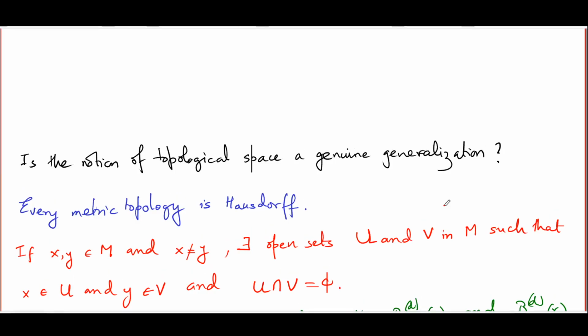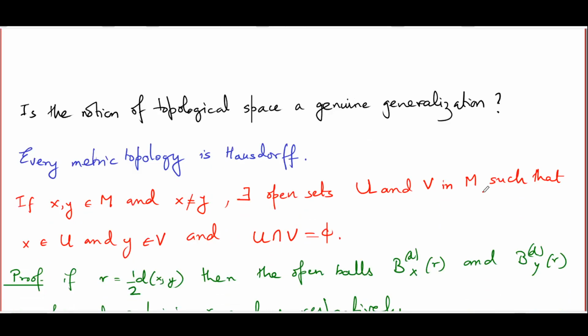Of course, this is a property of metric topologies. In other words, this is a property that we should be able to derive starting from the definition of open sets in metric spaces. And the way we do this is very simple. We start from the fact that if x and y are different points in a metric space, then the distance must be positive, and we just halve the distance and take that to be the number r. The reason why we do this is that a simple picture drawn using